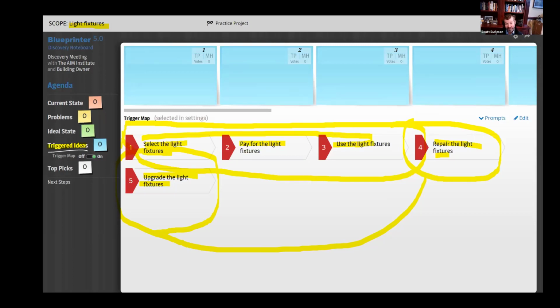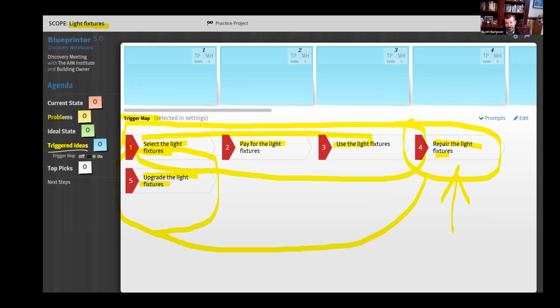The person repairing the light fixtures is the one who's going to have the most information about the problems repairing them. The person who's selecting them is going to have the most information about the challenges with selecting them. You can think about these as 5 little mini scopes, 5 little mini blueprinter projects. You can say, what problems are you having when selecting the light fixtures? And you can move on. What problems do you have when paying for the light fixtures? And you can say, what would you like in your ideal world when selecting the light fixtures? So each of these is like 5 little mini blueprinting projects within this scope of light fixtures. That's a great way of using the trigger map feature to focus in on